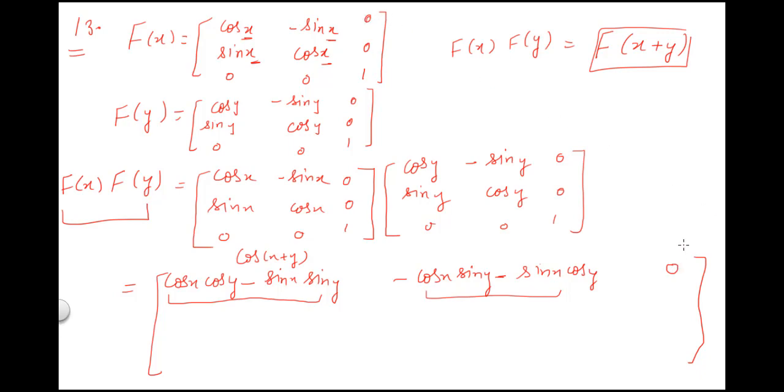Similarly, when you do the second row or the third row, you are going to get the same elements. Here if you take minus common, it will be plus. So again it's the formula of sine of x plus y. So you can just write in front sine of x plus y. Everywhere you will be forming identities in all the elements. Mainly these four elements, and you are going to get the answer as f of x plus y. Clear? So complete it in your notebooks.